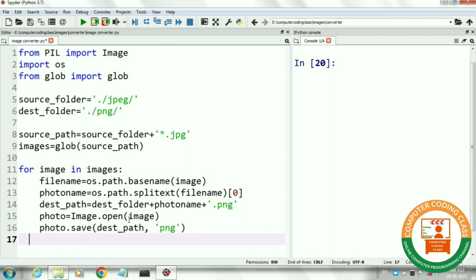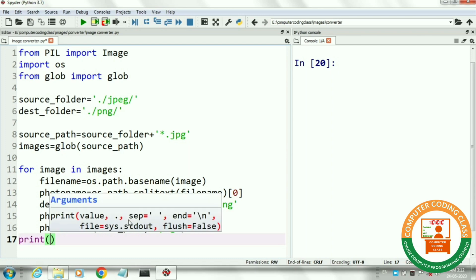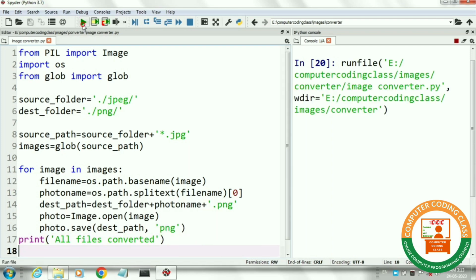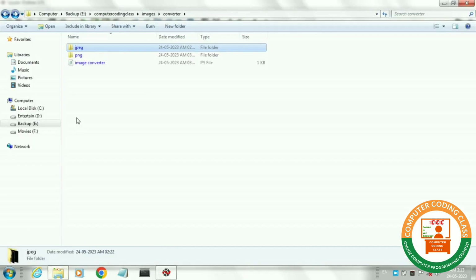At last, we will print the successful message that all files are converted. Now run the program. It is taking some time, but now it is showing the message that all files converted. It means we have converted all JPG files into PNG.